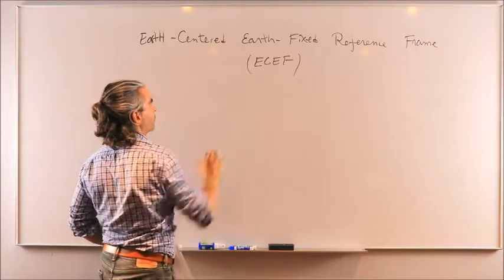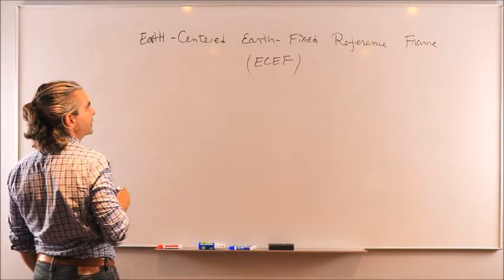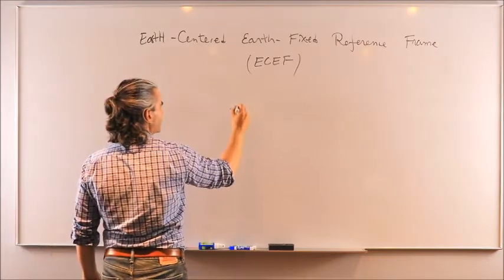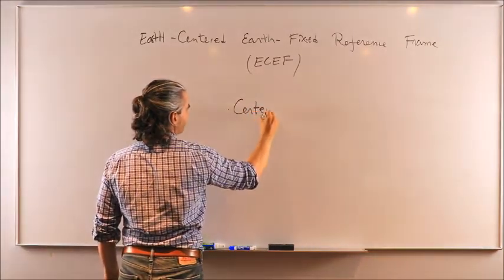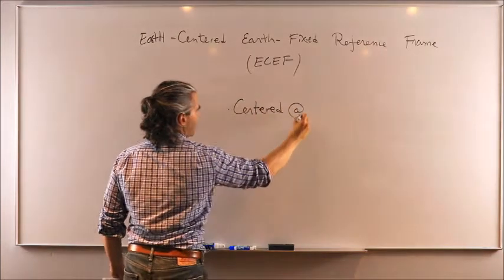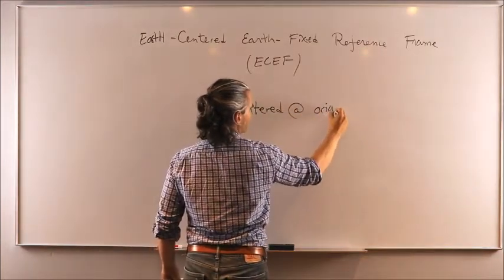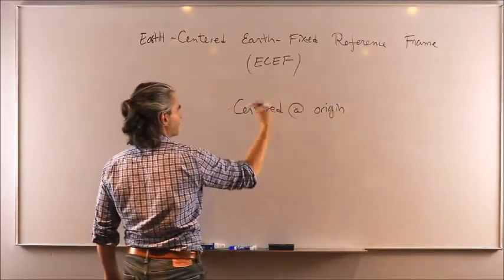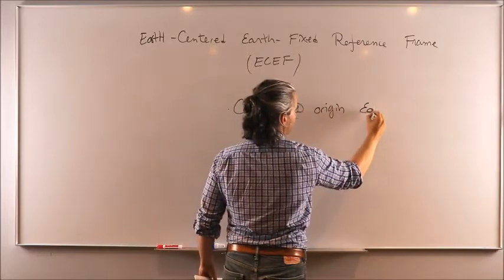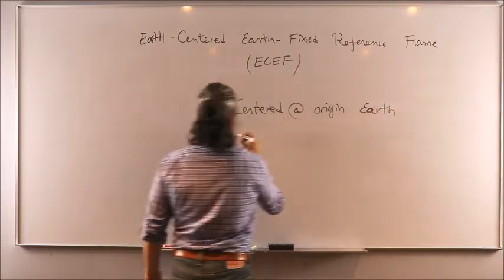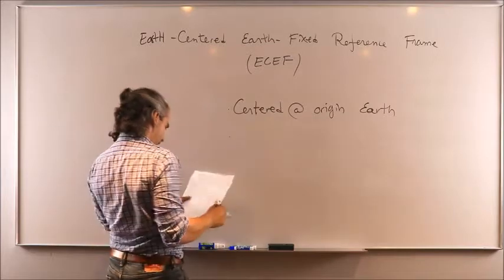And now we have the third reference frame here, ECEF, which is centered at the origin of the Earth, or the origin of this reference frame is at the center of the Earth. Same thing. It has its X unit